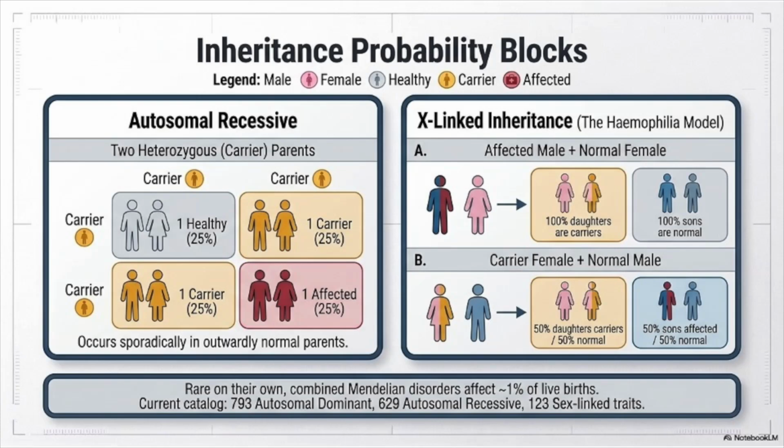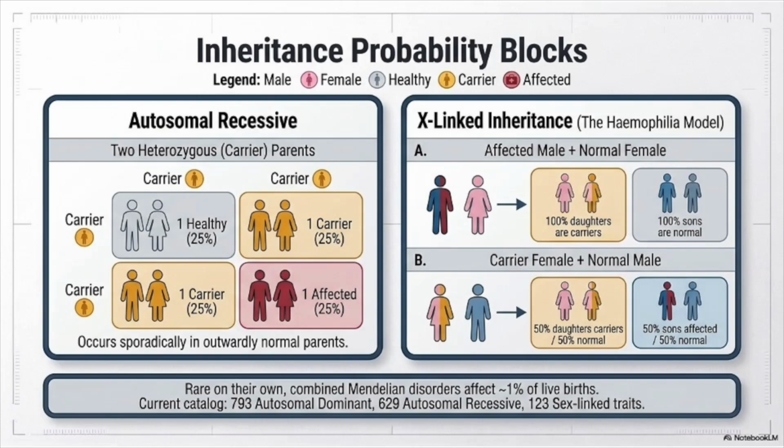In X linked inheritance, using hemophilia as a model, if an affected male has children with a normal female, all daughters become carriers while all sons are normal. But if a carrier female has children with a normal male, 50% of daughters become carriers and 50% of sons are affected. Overall, combined Mendelian disorders affect about 1% of live births, with the current catalogue listing 793 autosomal dominant,